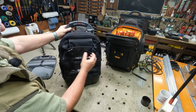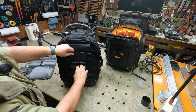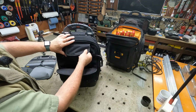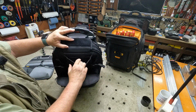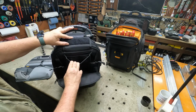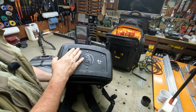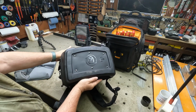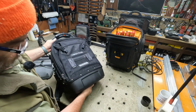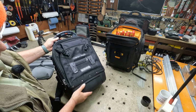On the front we have two clips and a big pocket here. We also have a zip pocket at the front here for small items, and a velcro pocket at the top here which has two elasticated pockets on the inside. If we stay on the outside of the bag, it has a nice wide base on it which keeps it stable, and it's also waterproof, this base, so if it does go into a puddle your tools aren't going to